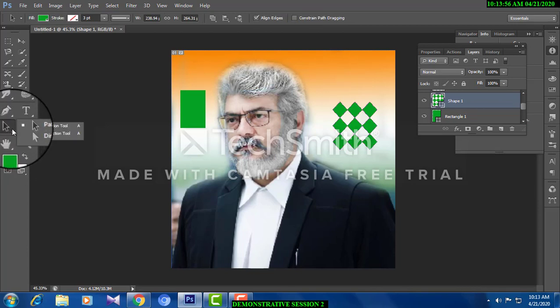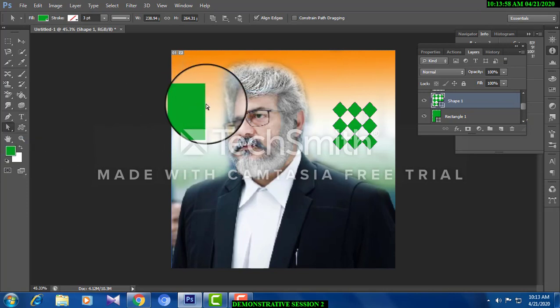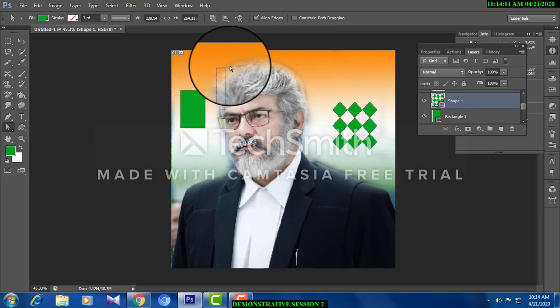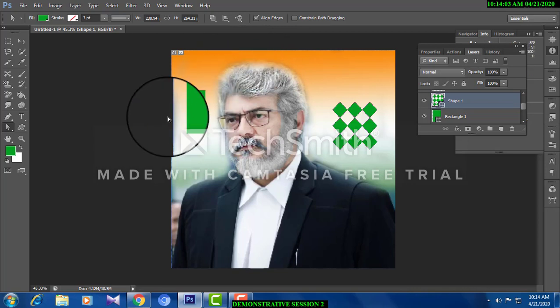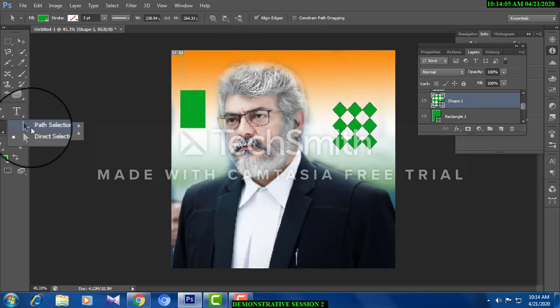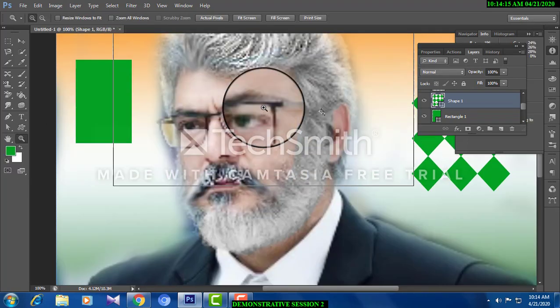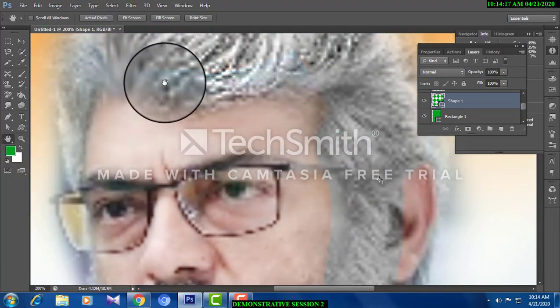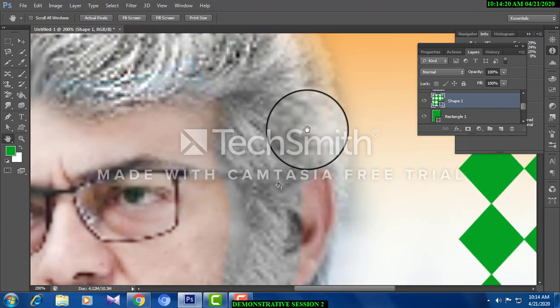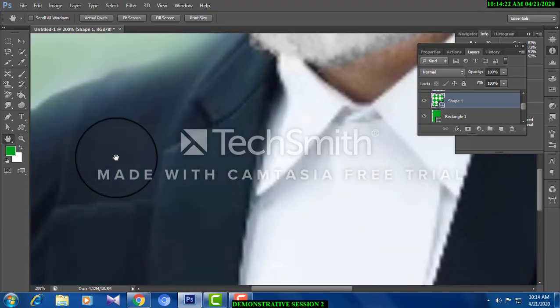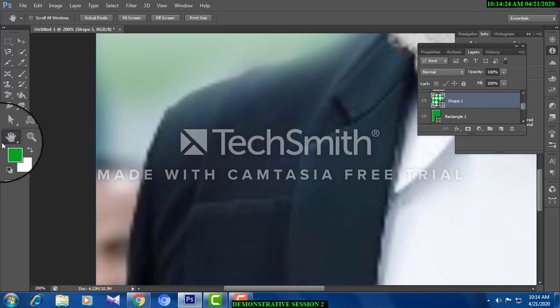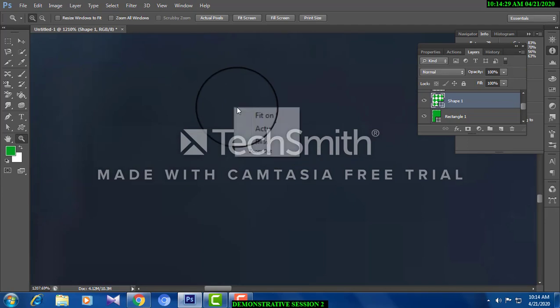And this tool gives you path selection and direct selection. It's to select a particular area. And direct selection is also almost similar. Don't worry about it, we'll deal with it. And now, my dear friends, this tool, when you are making it bigger, for example, I just wanted to take it. See, navigation. Just click and move. You are able to move this. See, this is for navigation, and this tool is for zoom in or zoom out.